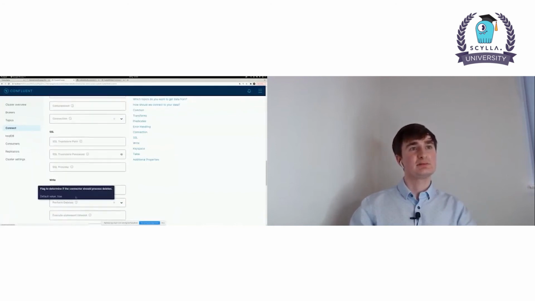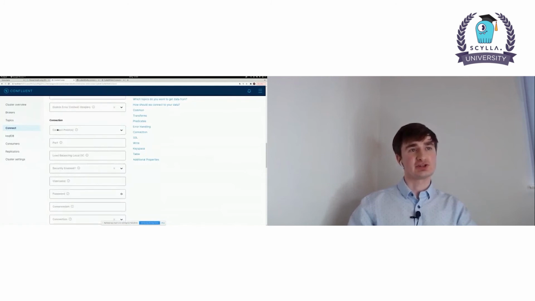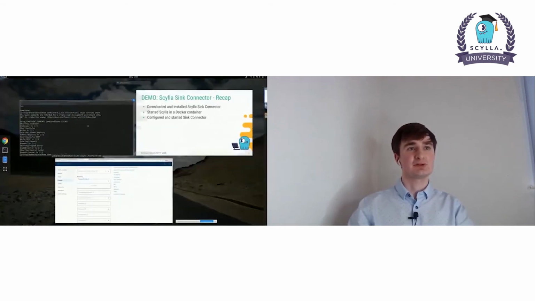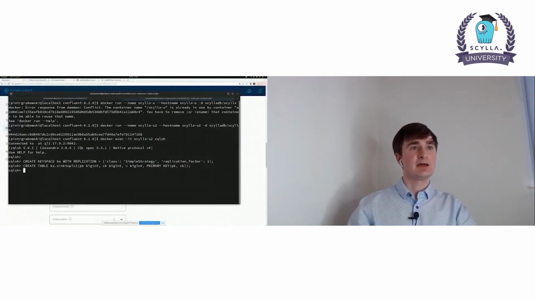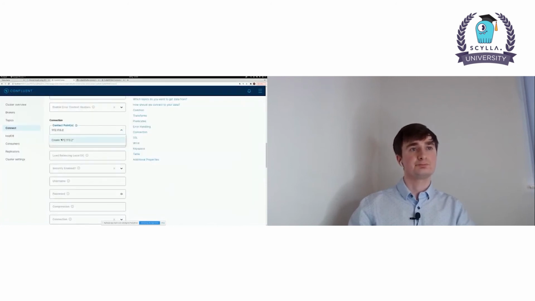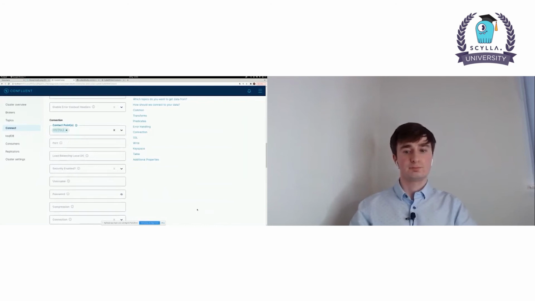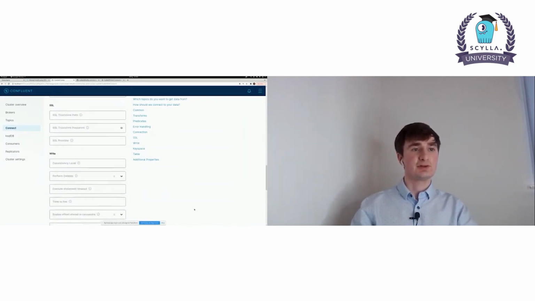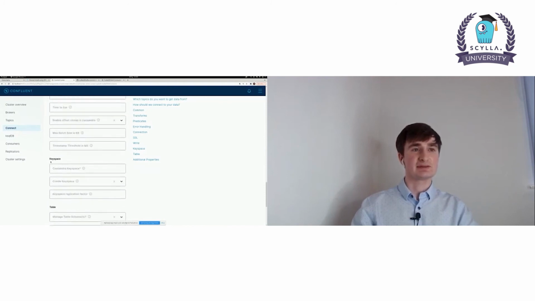Next, under the connection tab, you have to specify the IP address of Scylla. So as you can remember, we have connected to Scylla in Docker. So it's at this IP address. And finally, we have to specify the keyspace we'll write the data to.